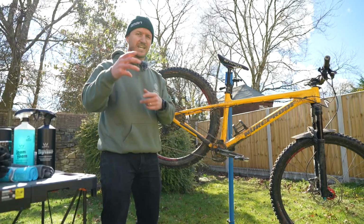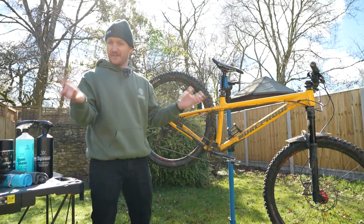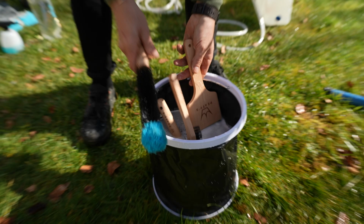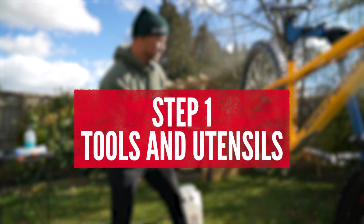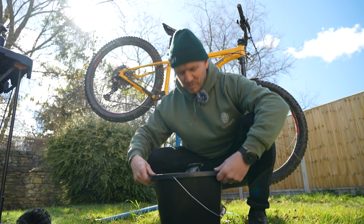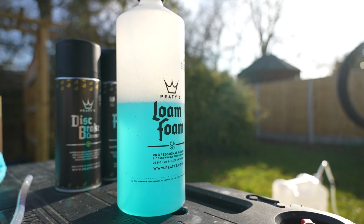But there's a number of ways you can actually clean your bike. The simplest way is a bucket and a sponge, which is no problem there. You can clean your bike, but there's other ways as well, which I'm going to show you. Right, number one, there's nothing wrong with a bucket and a sponge to clean your bike with some soapy products